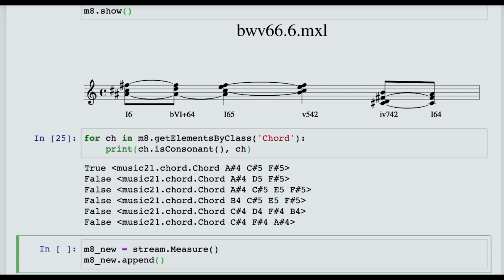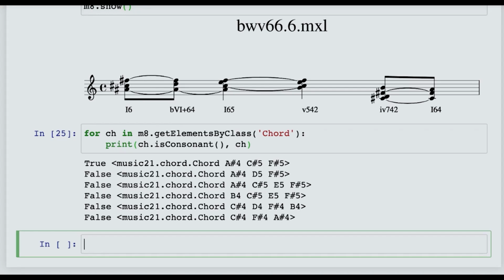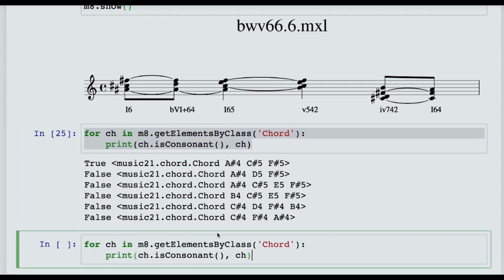So what we could do is create a new stream and start putting all of the chords in, and then replace that back into our original, or we can start copying things and putting them in. But after thinking aloud at the keyboard for a little bit, I decided I was just going to go through and remove all the chords that are not consonant. Every stream has a nice little remove